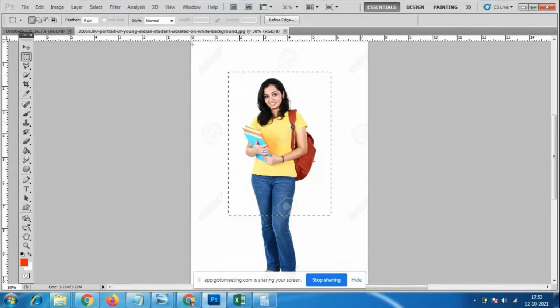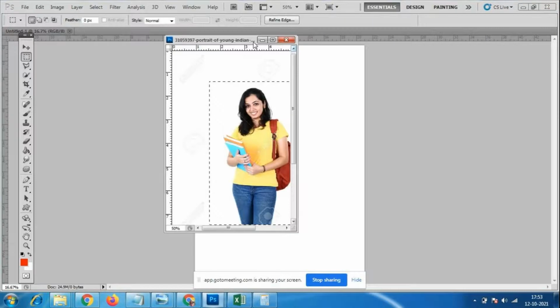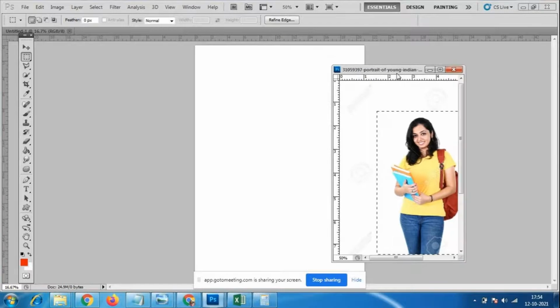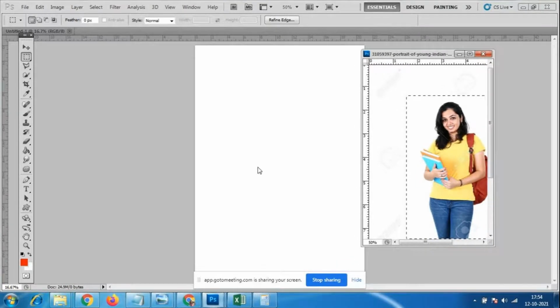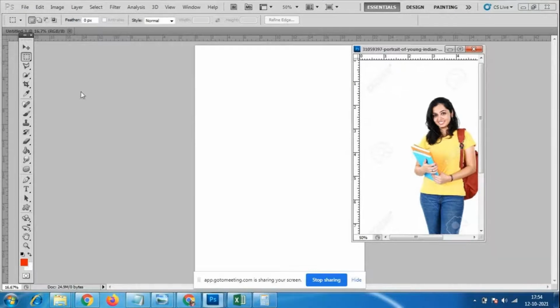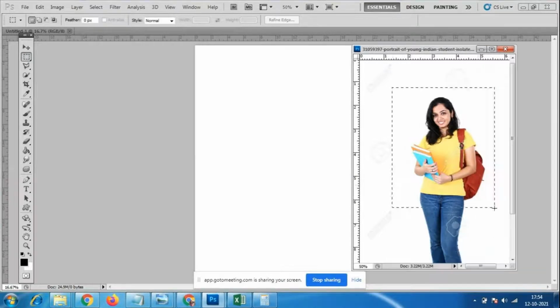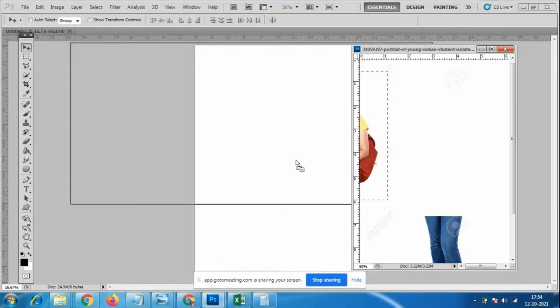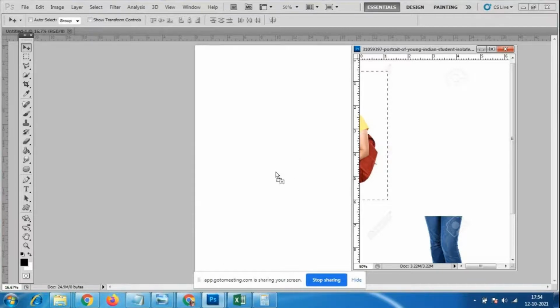Yesterday's class I showed you people. We have to keep it like this, here in the upper bar. My mouse pointer is over here, so I'm keeping it like this. Now I'm moving this image from one place to another. I'll select this image like this. Next, with the move tool, from one place to another, you will get this plus mark, so you can move the image.